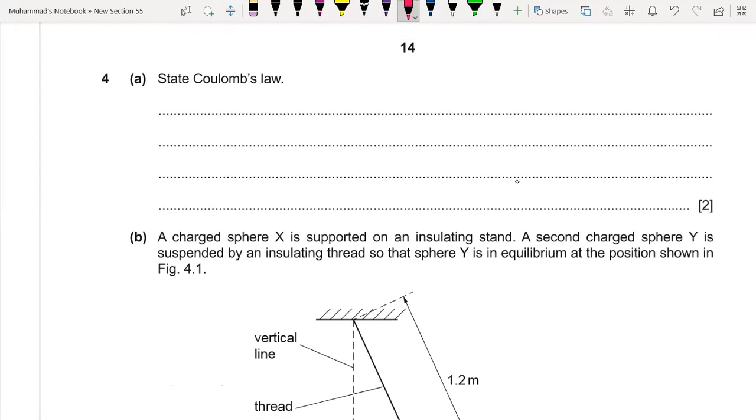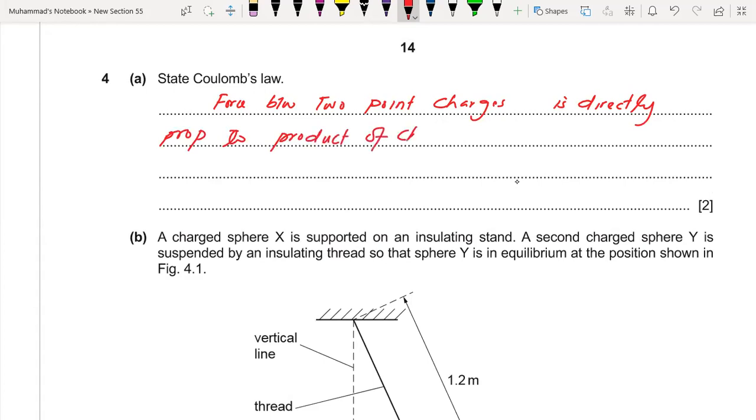This law is about the force between charges, and you already know that the force between 2 point charges is directly proportional to the product of charges and inversely